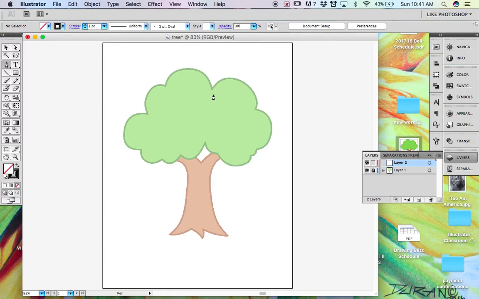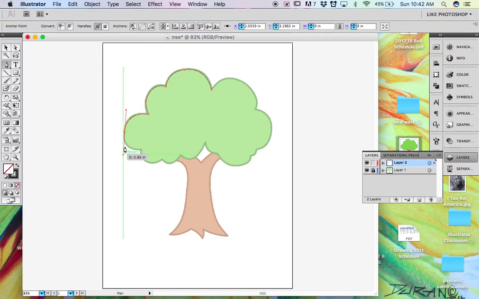Okay, so I'm going to start in here at a corner, and I'm going to click and drag, and notice how I'm only lining up with the light green area. So again, it's click, drag, and I'm clicking and dragging until I get the curve I want. All right, then I click in the middle at the anchor, and I go to a new spot, click, drag. All right, so it's click, drag, click, drag,